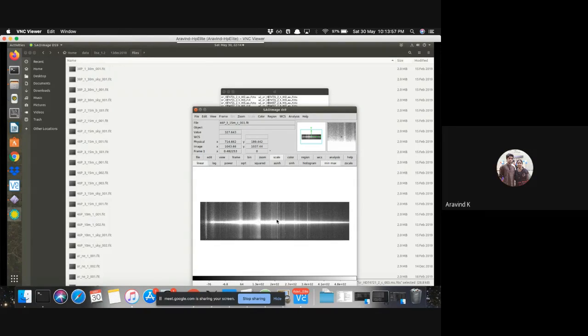Mostly it is used when you want to see if your PSF is good, or if the light is getting focused in a particular fashion, or if it is distorted or something like that. You just do min max and you see that it is falling on 3 pixel, 4 pixel, 5 pixel, like that. But the moment you do Z scale, it gets spread into all the pixels.